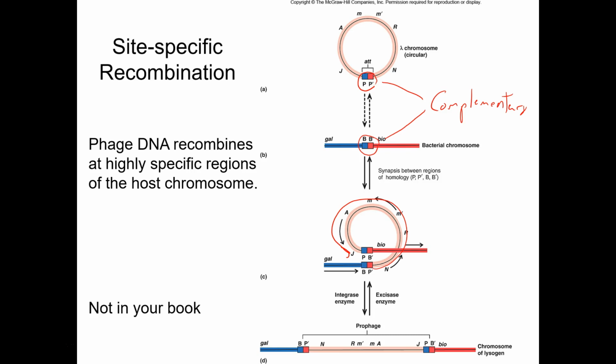So, enzymes always get fun names. The enzyme the virus produces to put itself into the chromosome is called integrase. Why not? Now, when a virus wants to leave, it does it all in reverse. Okay? Loops back out, crosses over those sites, pops out. That enzyme's called excisase, right? Because that's going to excise it.